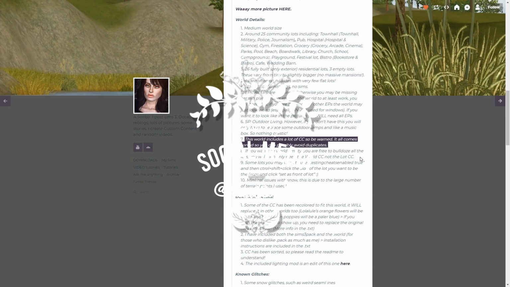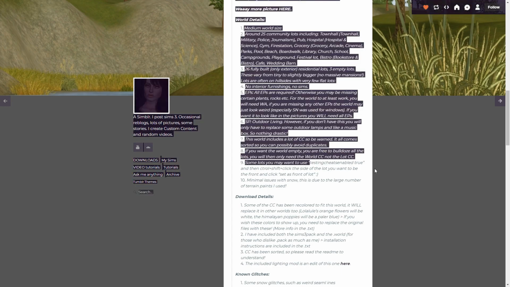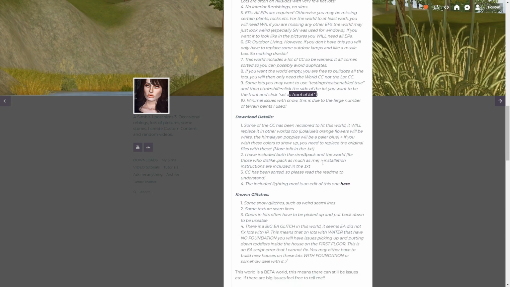So it says if you want the world empty, you're free to bulldoze on the lots, and you will only need the world CC, not the lot CC. Make sure you have testing cheats enabled true on. You can set certain things as front of the lot. Minimal issues with snow. This is due to the large number of terrain paints. So the download details. Some of the CC has been recolored to fit this world. It will replace it in other worlds too. It explains that. I've included both the Sims 3 pack and dot world for those who dislike Sims 3 packs